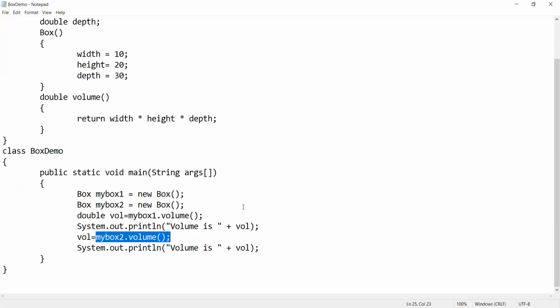Now the same program. Again we are going to compile. Screen sharing is not available.